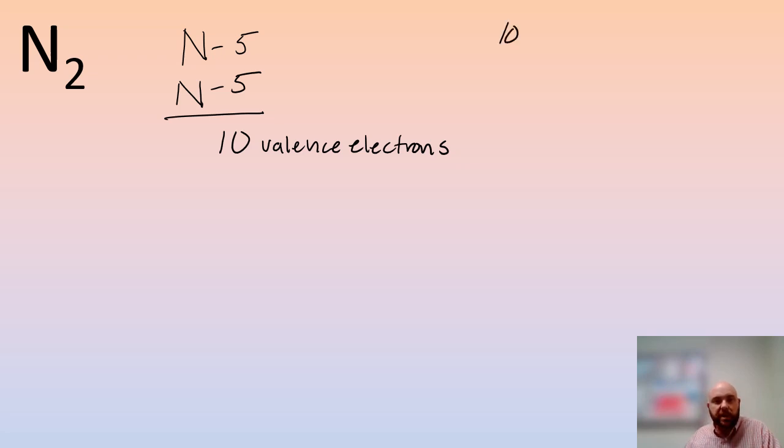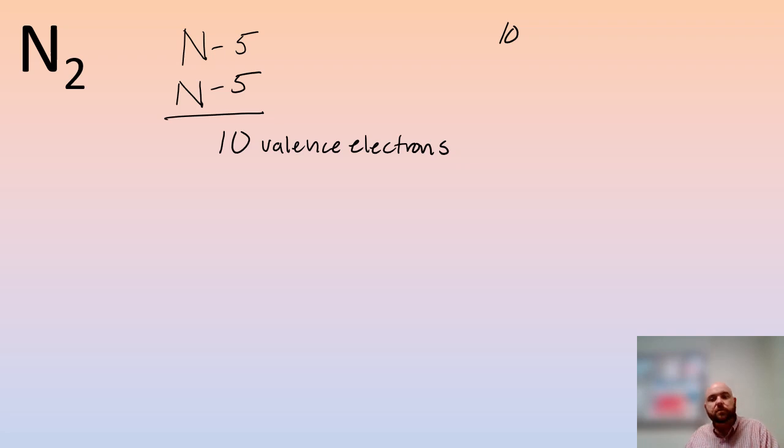So nitrogen, we can see from its position in the 15th column of the periodic table, has 5 valence electrons, and since there are 2 of them, we will have 10 valence electrons with which we are allowed to build our molecule, essentially. And I'm going to start a new count over here so we can keep track of our